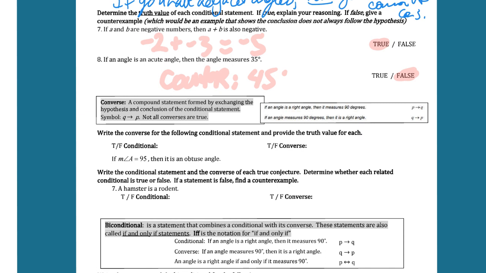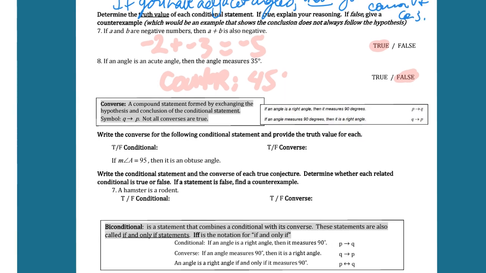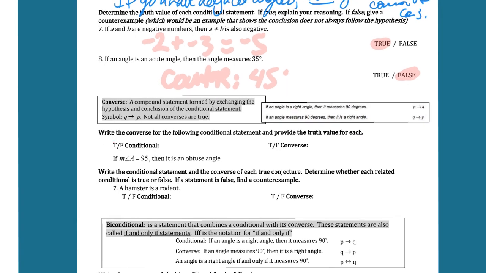Okay, and so let's try this. If your statement says if the measure of angle A is 95 degrees, then you have an obtuse angle, is that true? Well, yeah, it's true. So I don't know why I crossed it out, but it's true. And so that means your hypothesis is it's 95 degrees, and your result is that it is an obtuse angle. Well, then to do the converse, you say